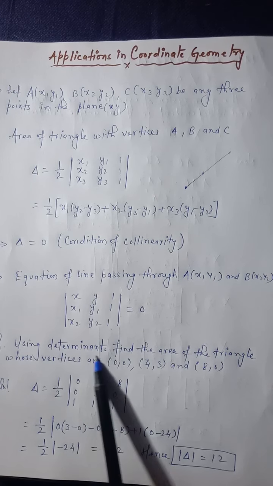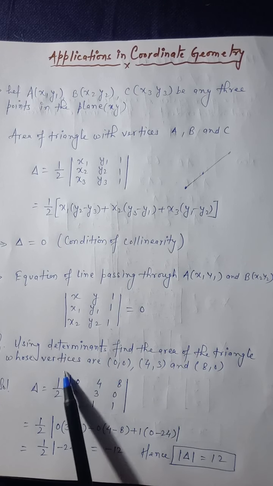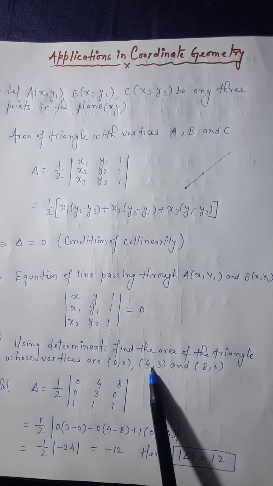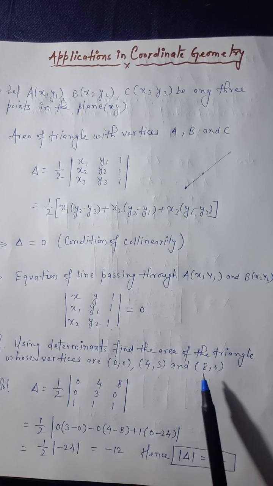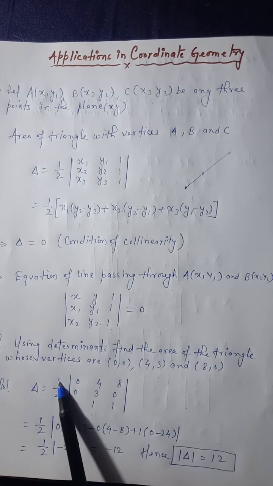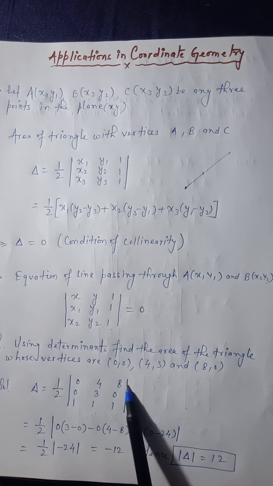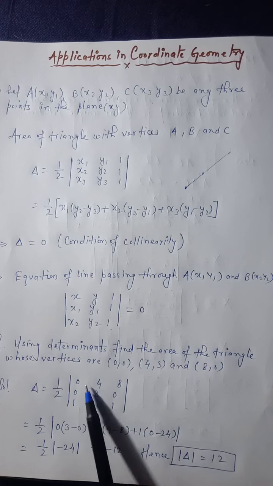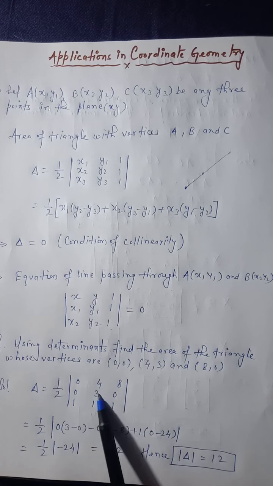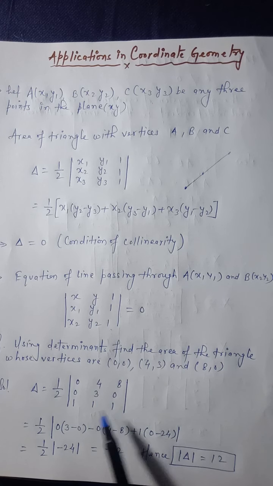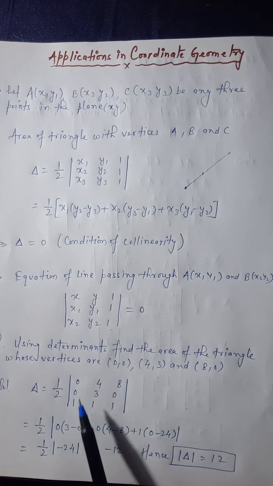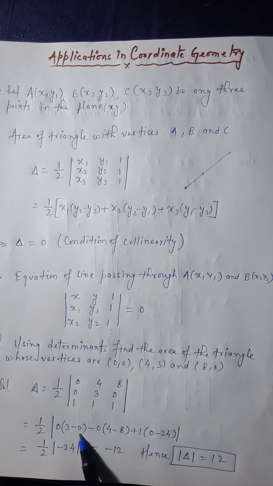Let's take a problem using determinant. Find the area of the triangle whose vertices are (0, 0), (4, 3) and (8, 0). So here x1 is 0, x2 is 4, x3 is 8. So the formula says half of the determinant x1, x2, x3, meaning 0, 4 and 8; y1, y2, y3, which is 0, y2 is 3 and y3 is 0; and finally 1, 1, 1. Now you just expand it because the first 2 elements are 0, so both will be 0, and finally this is 1, so write down 1 here.